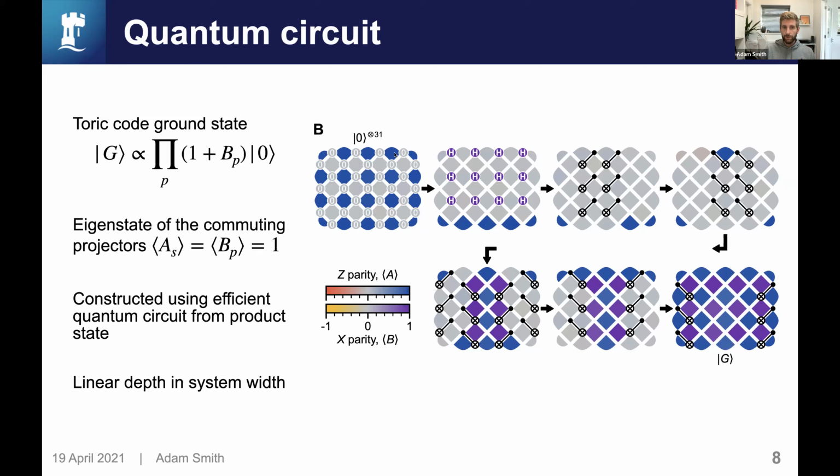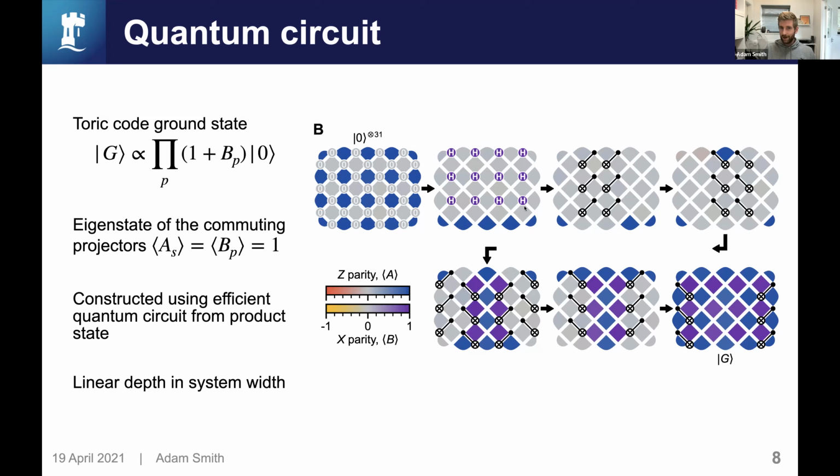And this initial state of all zeros has the star operators, the A's, satisfied. So these all show up as blue, but the plaquette operators are not satisfied. The expectation value of them starts as 0. Okay, so now we apply a sequence first of single qubit gates, and then 5 layers of entangling gates. And in this process, we end up with this guy at the bottom right, where we have all of these satisfied. Maybe one way to understand this is that in a Z basis, we want loops around each of these plaquettes,